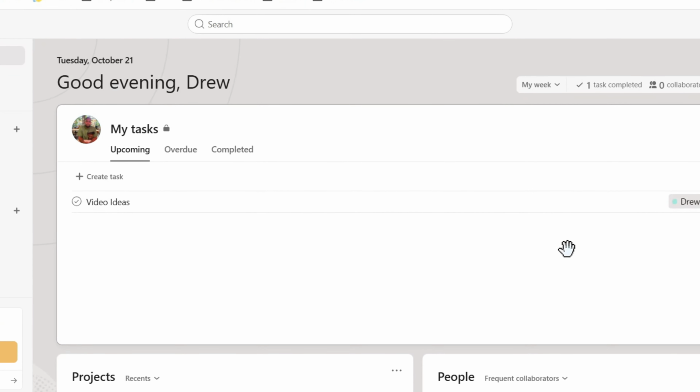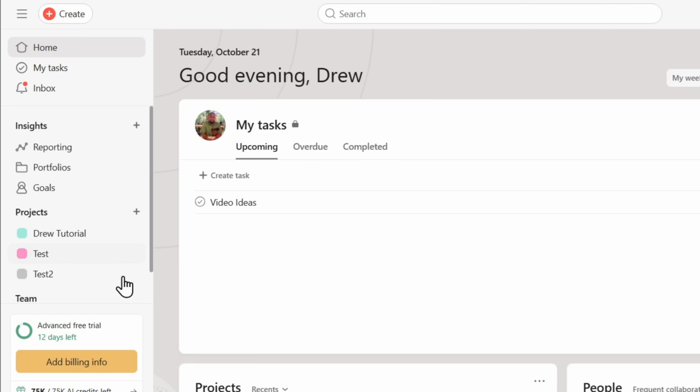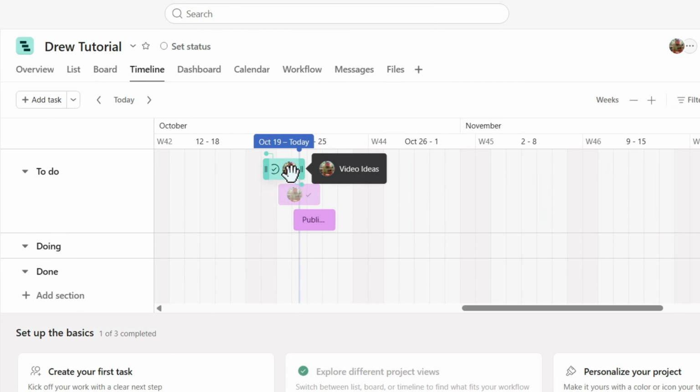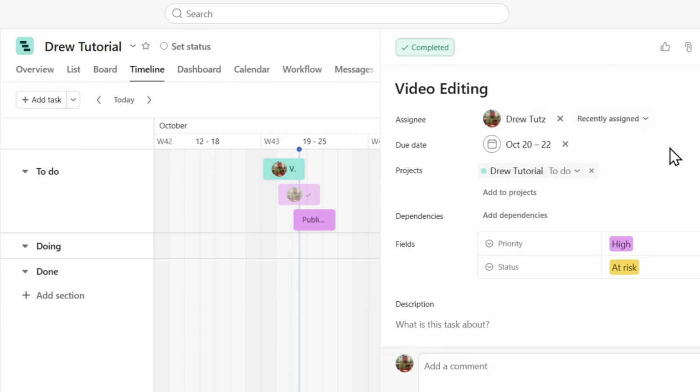And in this video, I'm going to show you how to record a video to insert into a task in Asana. To do that, go ahead and go to the task. So let's say I'm going to choose a project on the left hand side and just choose one of these tasks, right? So I'm going to open up the task, and on the right hand side, you will find the